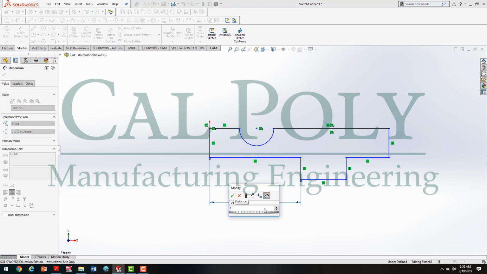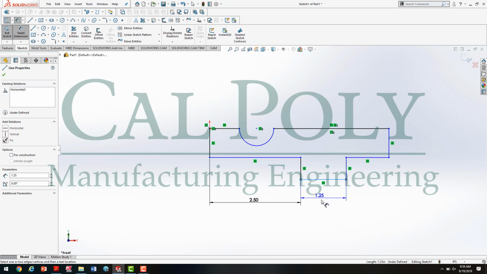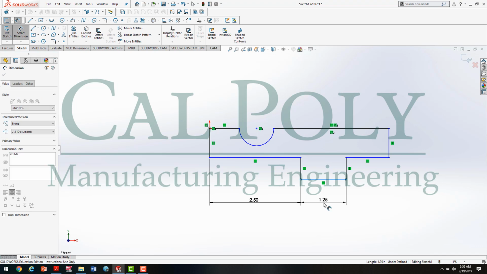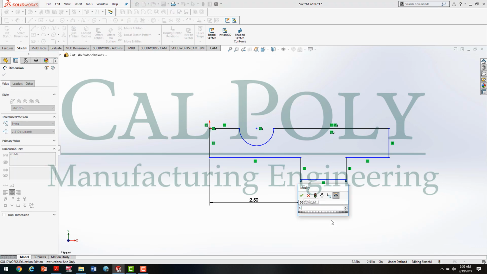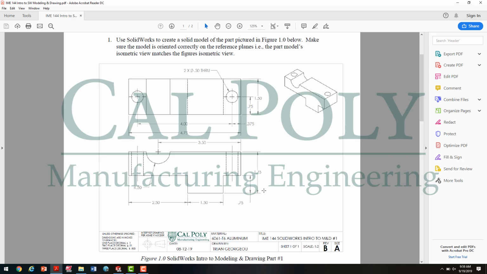I'm going to make that 2.5. Check mark. The first dimension you place scales the rest of the drawing. So notice it didn't change size. However, this one right here, when I click on the line and drag down, click my mouse button, it's actually 1.5. I now need to look back at my sketch or my 2D drawing and figure out the rest of